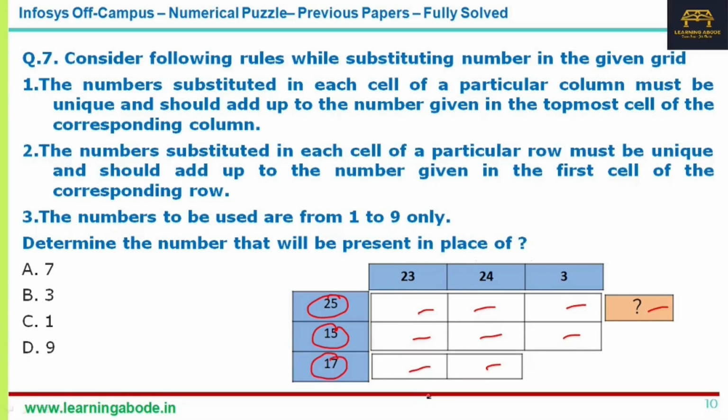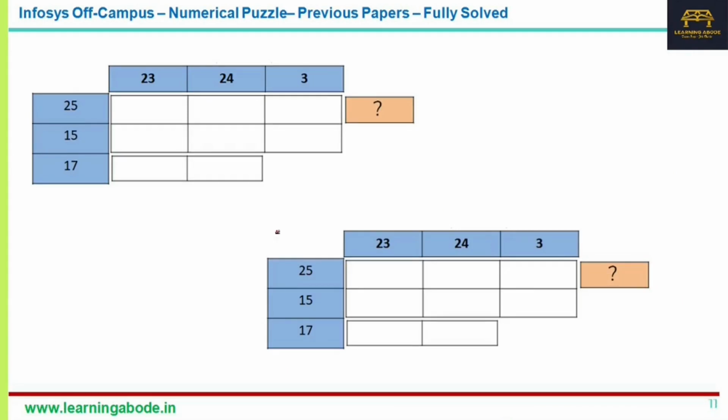Similarly, column wise also, if you add these 3 columns, you should get 23. Now the next 3 columns, if you add, you get 24. Next 2 columns, if you add, you get 3, like that. Okay. Now the question is, what should come in this column? So we know very well where to start. It is better to start with a row or column where you have the least number of cells.